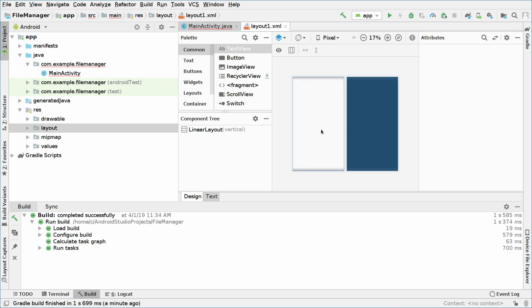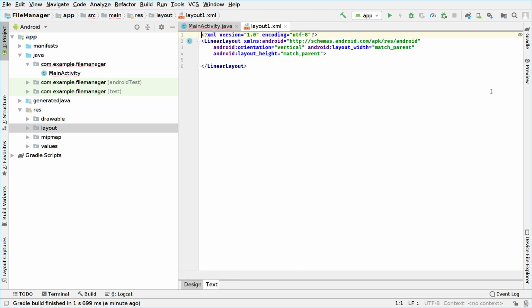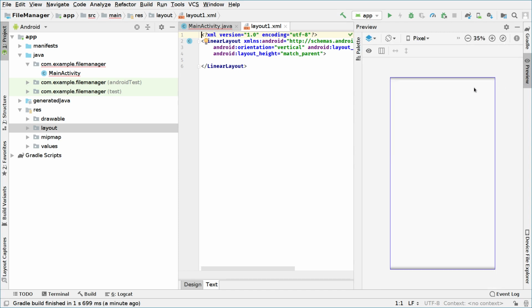So right now we can hide this, and we will switch the design view to text view, and we can open the preview right here in order for us to know what's going on in the UI of our application. So right here we can start designing this UI we have. If we have a file manager, we would like to have a place in which we can show the files and folders, and the easiest way to do it is with a list view. We will do that a little bit later, but now we will just create the architecture of this